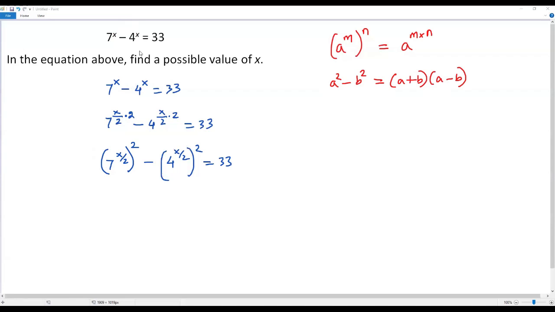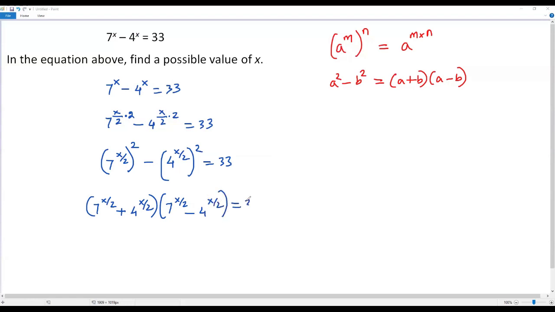Now we can write this in factor form. For that we have to write a plus b. For a, we have 7 to the power of x over 2. For b, we have 4 to the power of x over 2. Actually, I have written this for a plus b. Now I have to write another factor, that's for a minus b. Then I get 7 to the power of x over 2 minus 4 to the power of x over